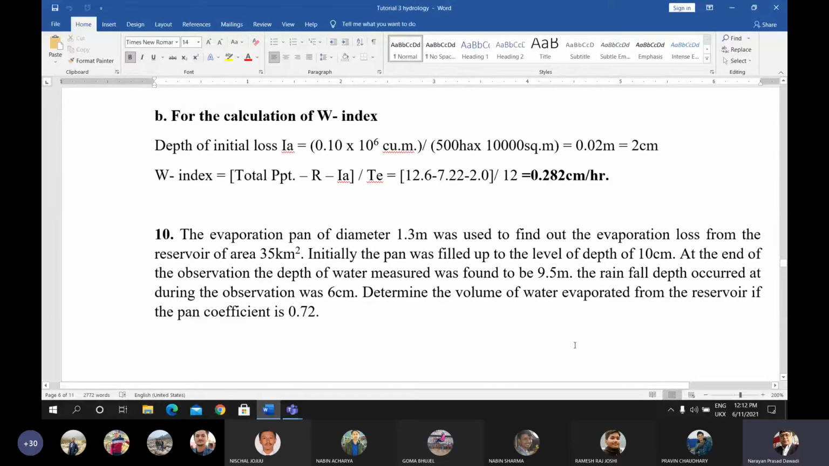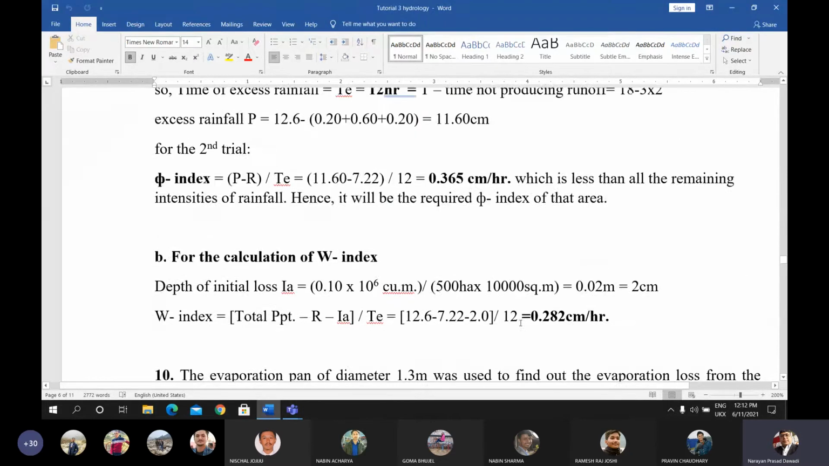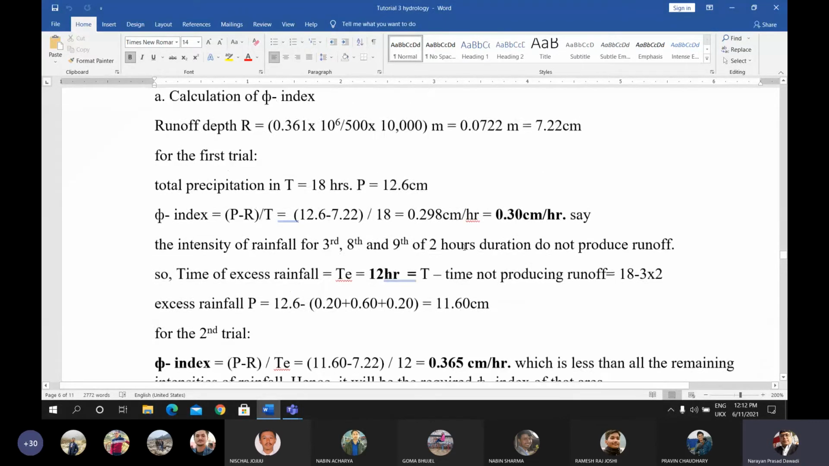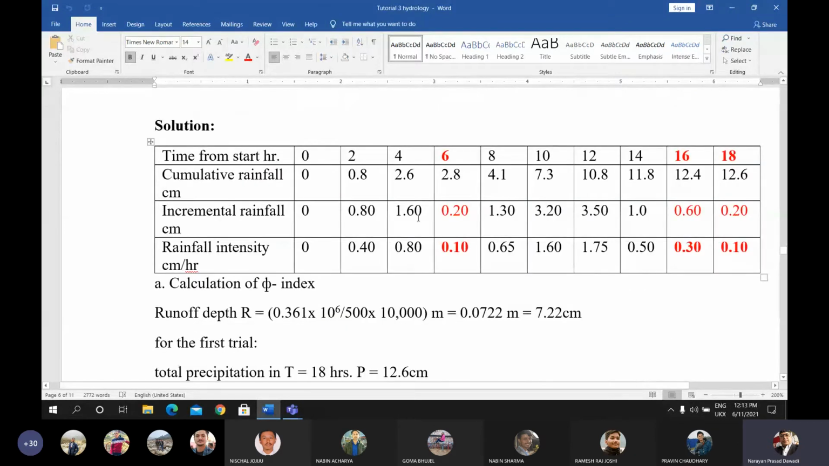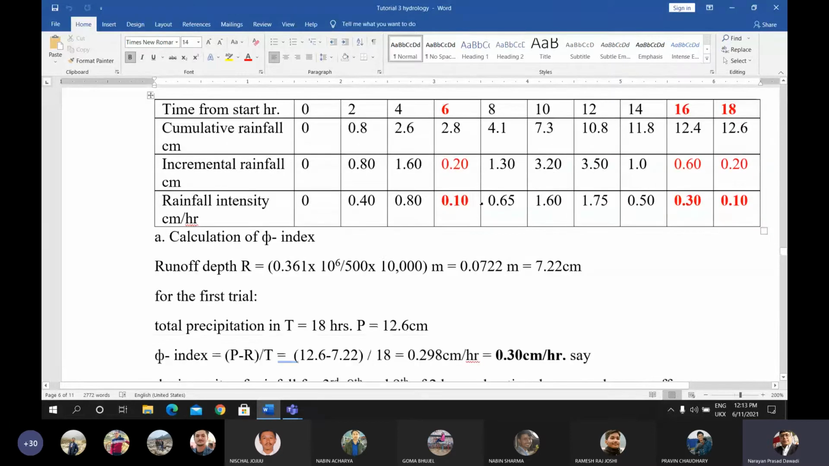Now I haven't done many more examples related to the phi index, because 2-3 examples are done here showing how the value of the phi index is considered for the next trial. For that purpose, I have shown different techniques to know whether the phi index is correct or not. For this, you have to compare this value with the rainfall intensity. If the rainfall intensity is greater than the phi index, that phi index will be the phi index of the area. If the rainfall intensity is less than or equal to the phi index, then